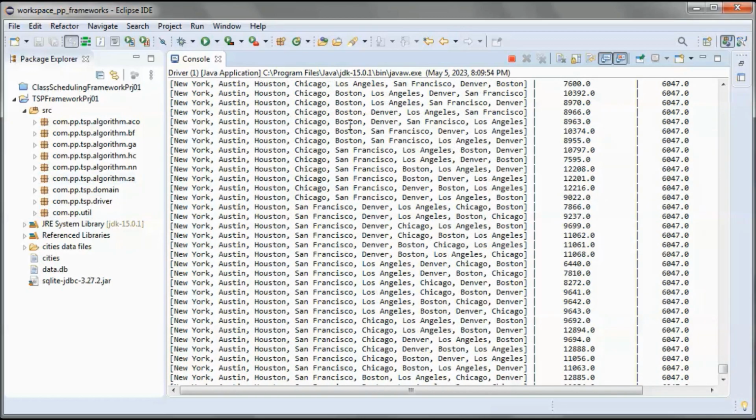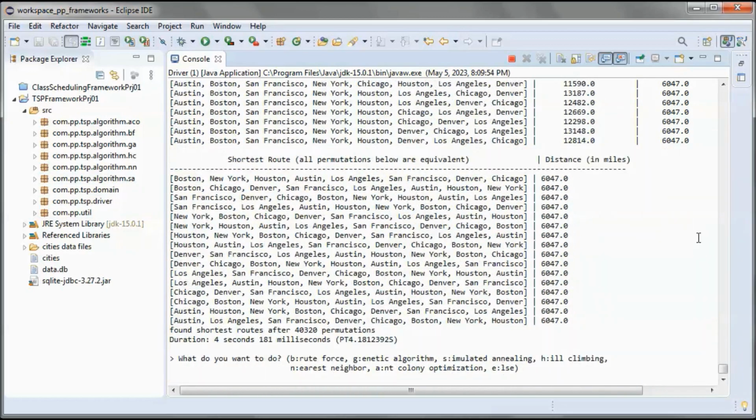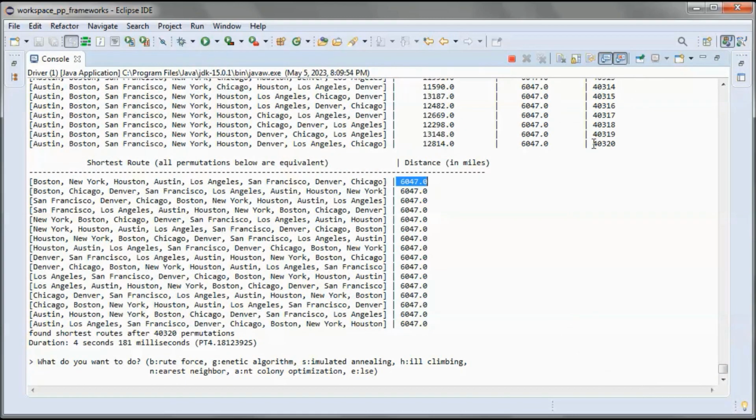So we're showing all the permutations, and same thing, we got this distance in miles after 8 factorial permutations. So this is 8 factorial.